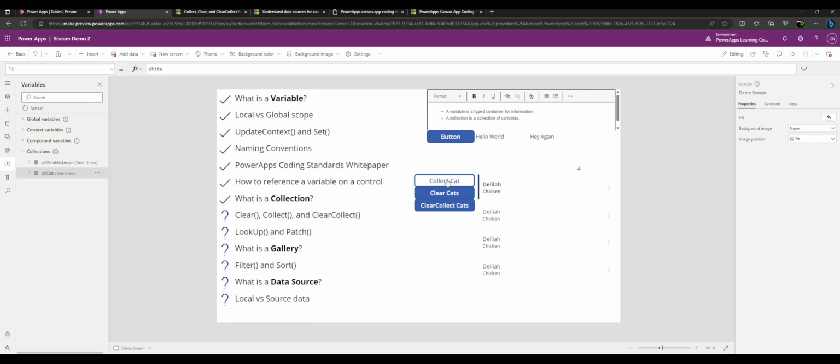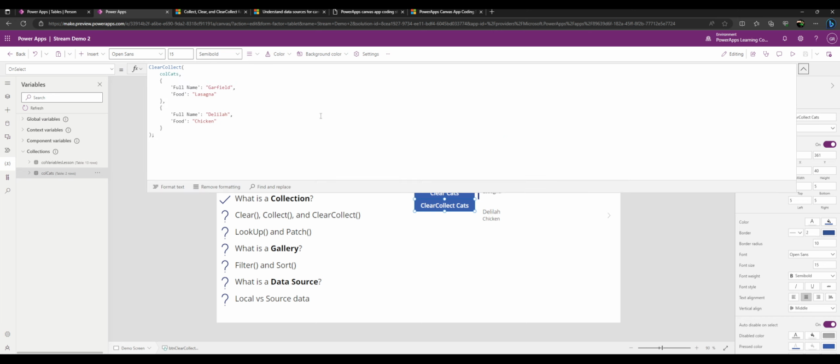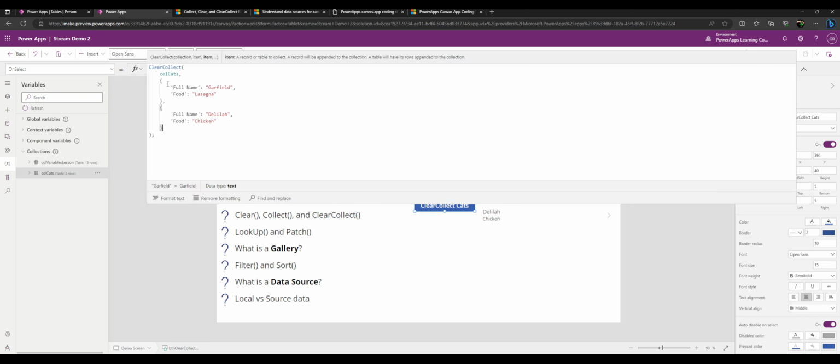So now we can collect a cat, we can clear our cats, we can collect a bunch of cats now, and then we can call this clear collect function that we just learned about, and that set our collection to Garfield, lasagna, Delilah chicken. Now if we click clear collect cats again, let's see what happens. It stays at 2, and that's because this is calling clear first and then collect second. Wouldn't you believe it? Look at that. The function's so nice, they let it do 2 things twice. Or 2 things one time. Anyway,